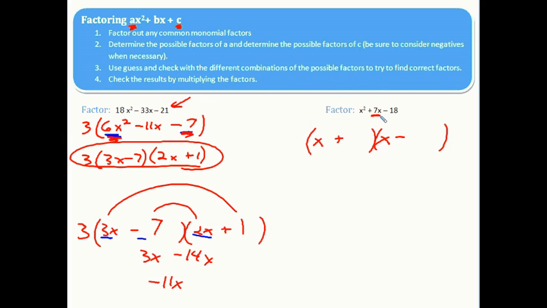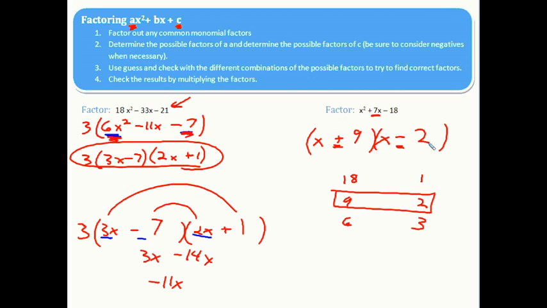Well, we want a positive and a negative. To get a positive 7x, we need the larger number to be positive. So we could put an 18 and a 1. We could put a 9 and a 2, or a 6 and a 3. Now which of these will combine to give us 7? Well, a 9 and a negative 2 would give us the 7, so we can put a 9 here and